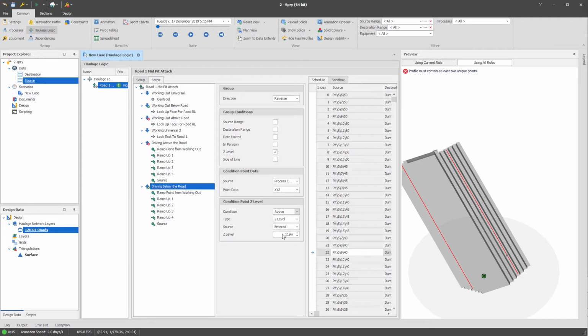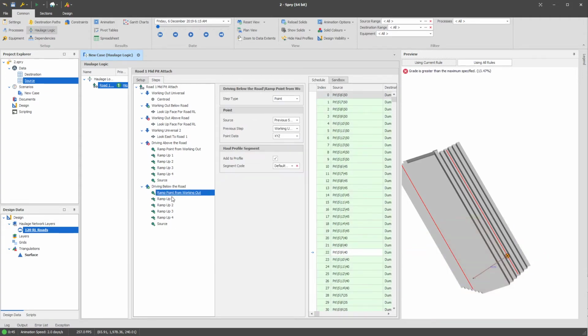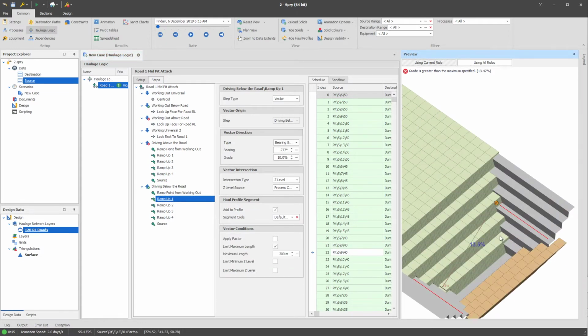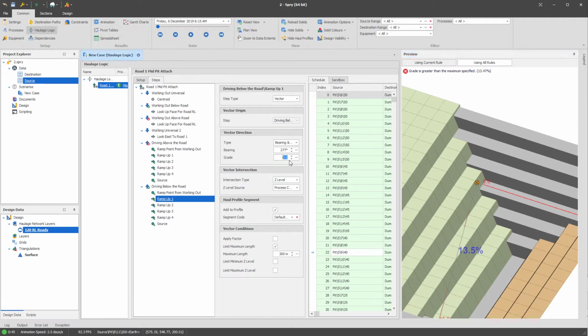This one will be below 120. Okay, and from here we pretty much just need to do the whole process but in reverse. So whereas before I said you go up at 10%, we'll change everything to go down at 10%,